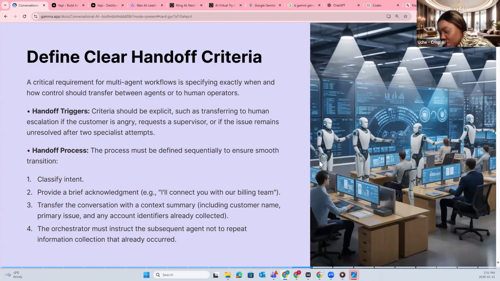Very important. I had called one organization here in Canada, and whenever I call that organization, I tell them where I'm calling from. They ask me, what's your name? I mention my name, and what's your account number. I mention the account number and the organization I'm calling from, and they hand me over to somebody, and they hand me over to a different person, and the person will start asking me that same question: your name, your account number, what organization are you calling from? And at one time I called that organization, and I went to 6 different departments, and in my head I'm thinking, is it that the person who handed me over to you does not know